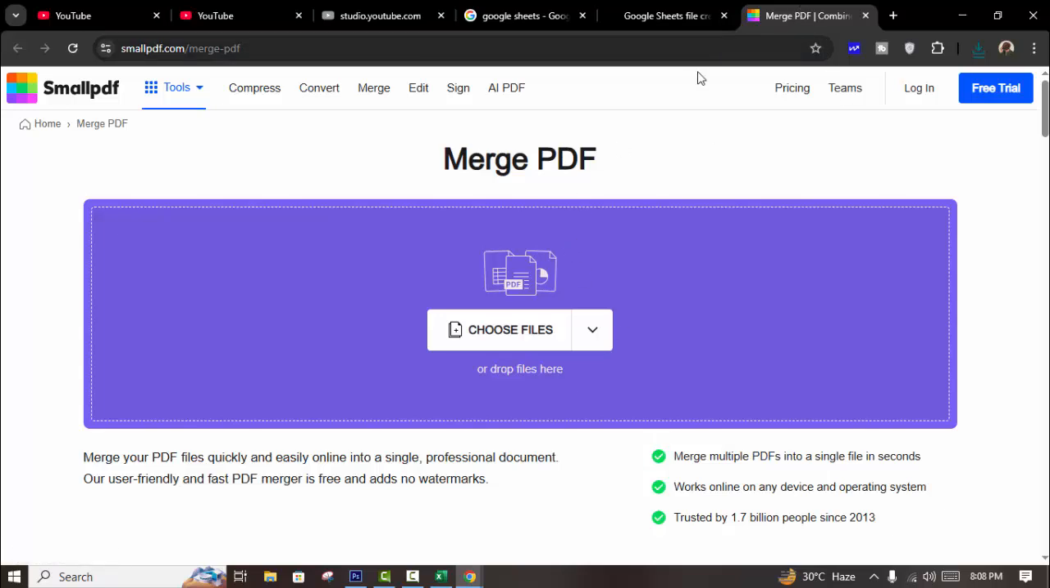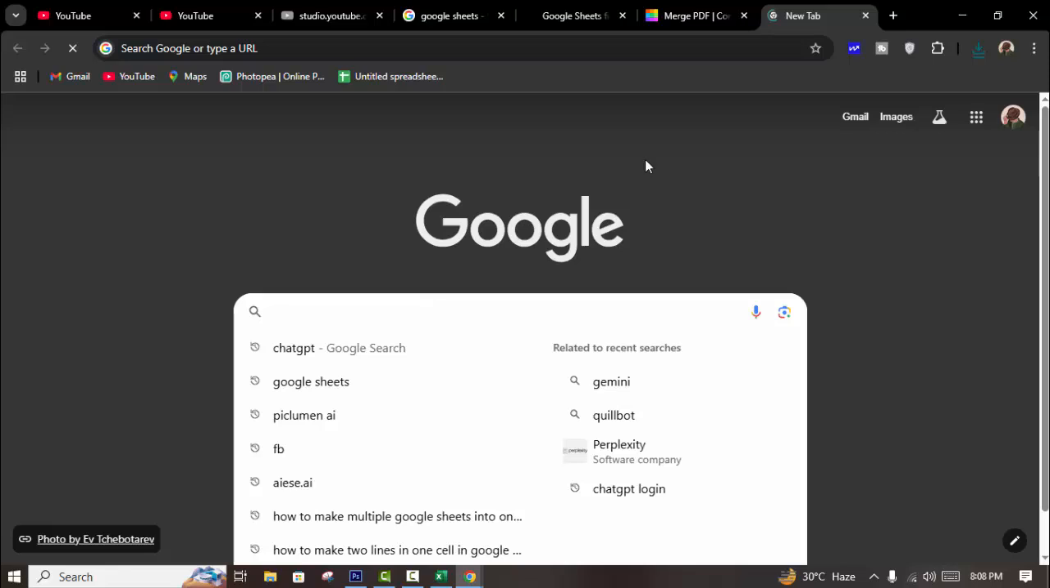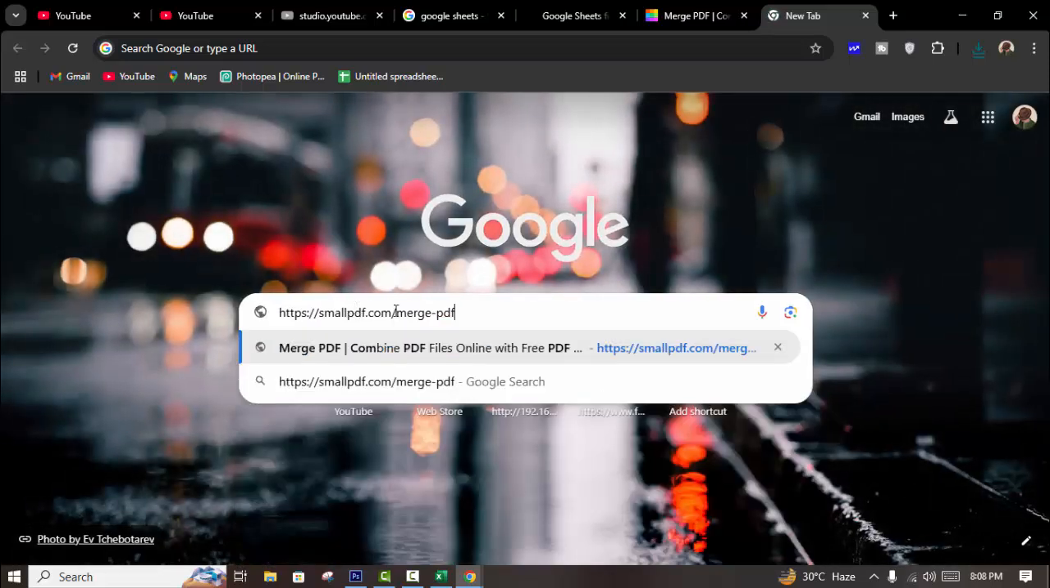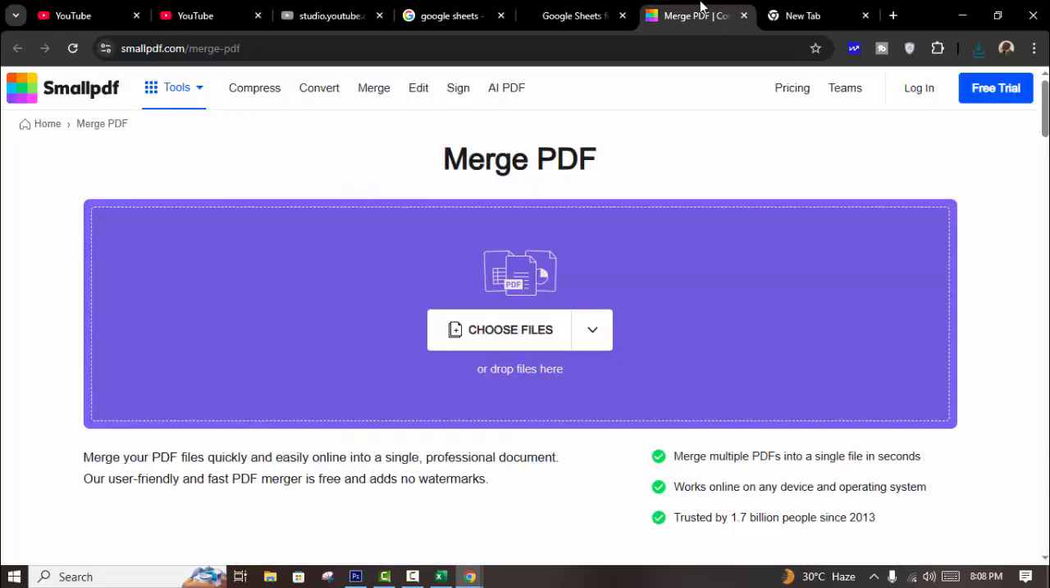Then go to the web page Merge PDF. I already opened this. You open Merge PDF or use this name. Okay. Then